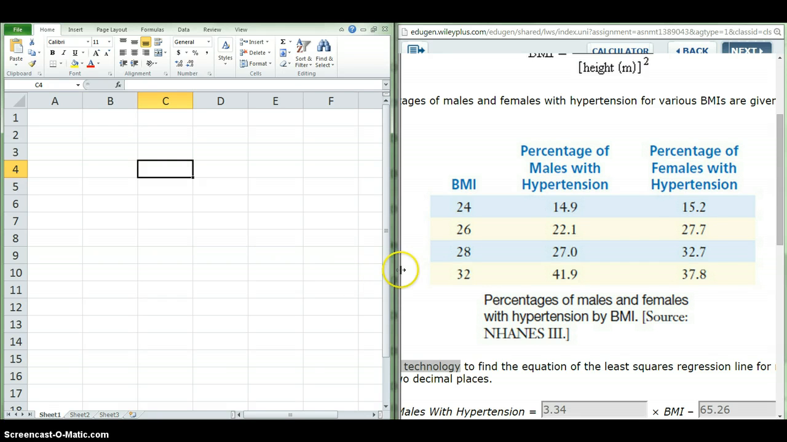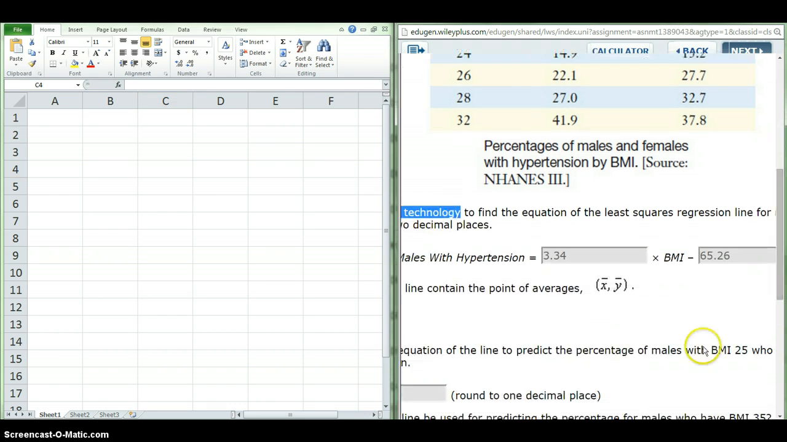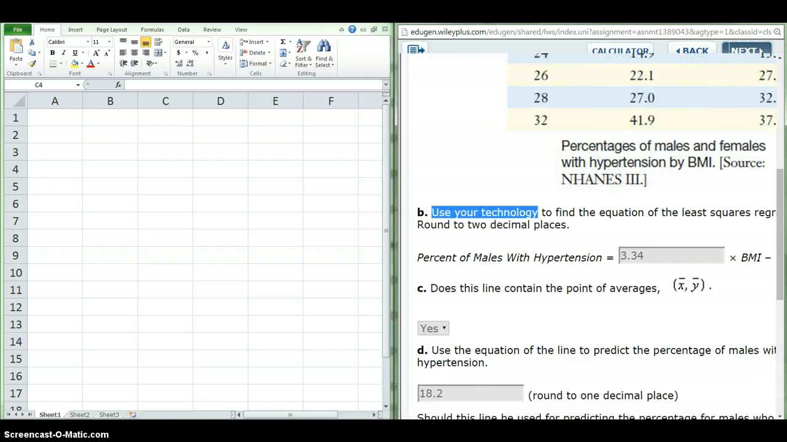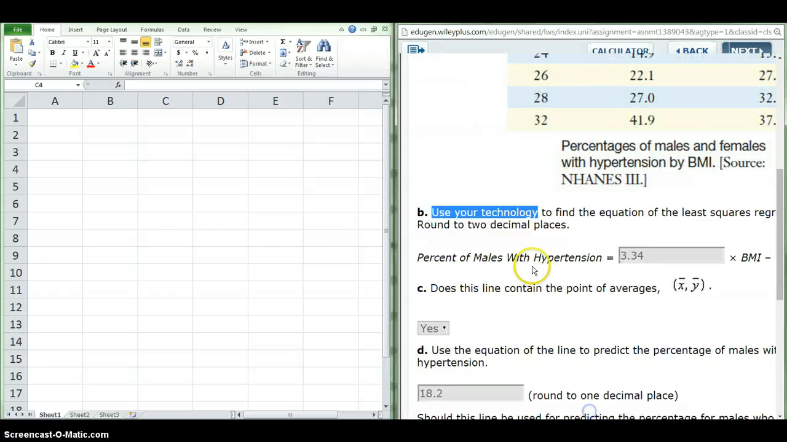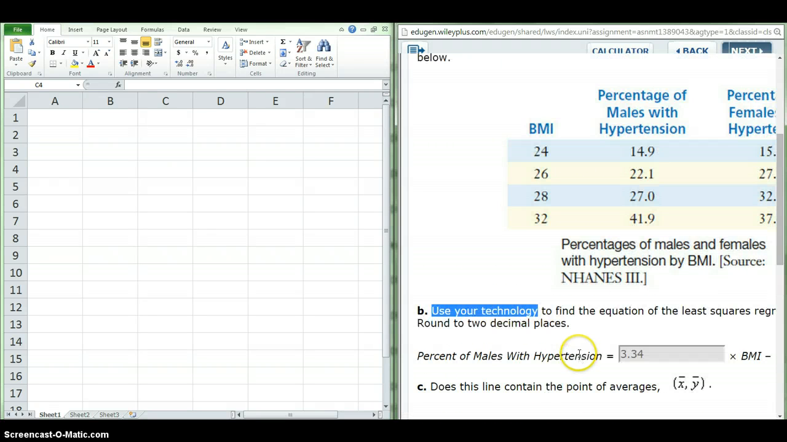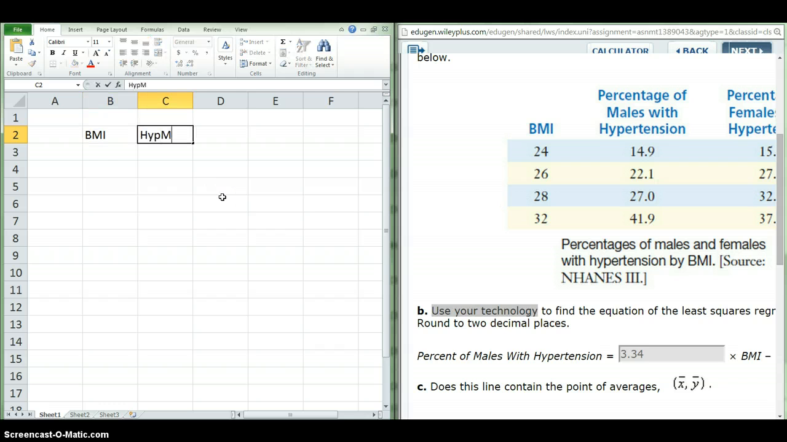Now I don't have to enter all the data because I just want the males. So I need this BMI and I need this. It's easier if you arrange it in order of the X and Y that you want. So I'm looking here, what's my X and what's my Y? Well, I'm predicting percent of males with hypertension, so that's my Y. I'm using BMI, so that's my X. So I like how these are playing out. So now I'm just going to enter the values